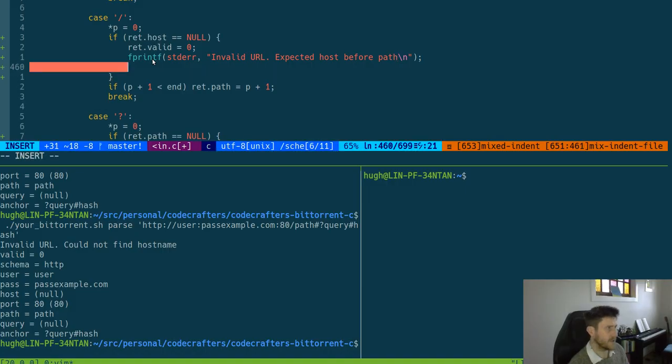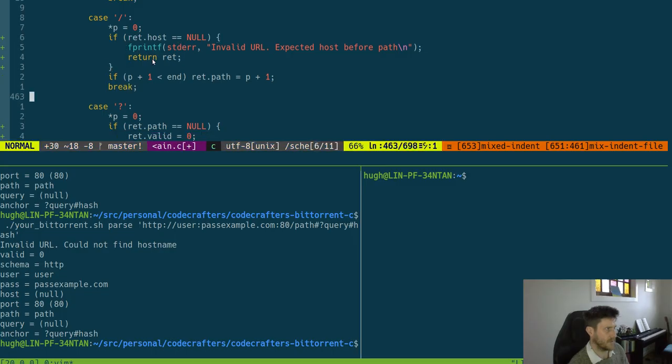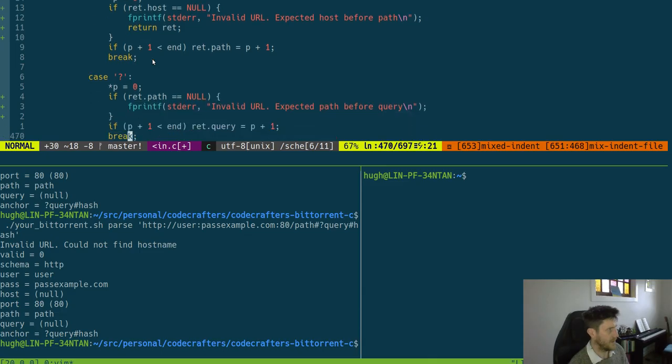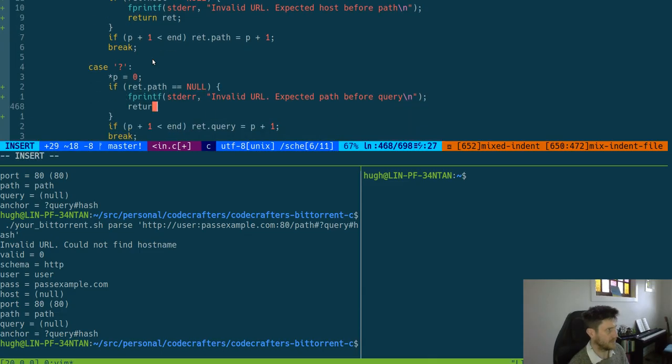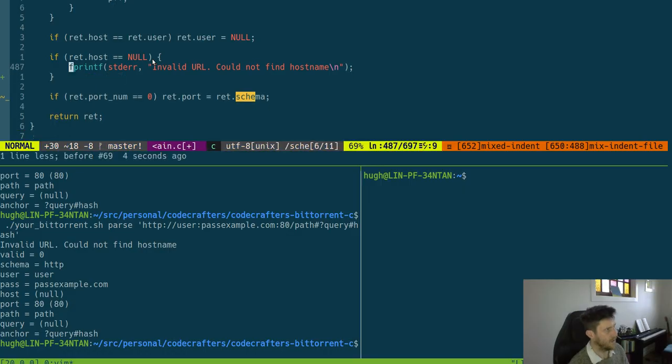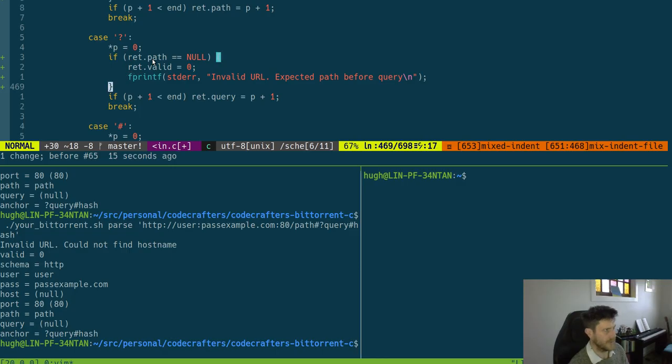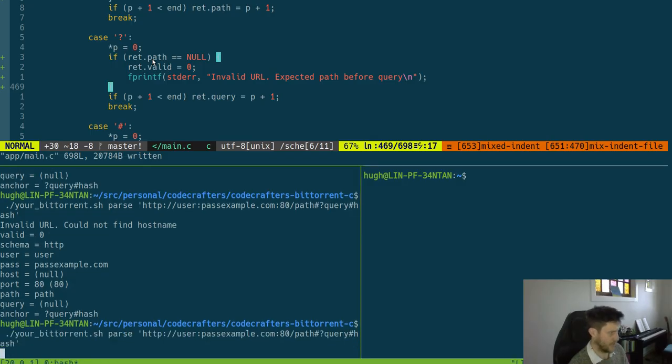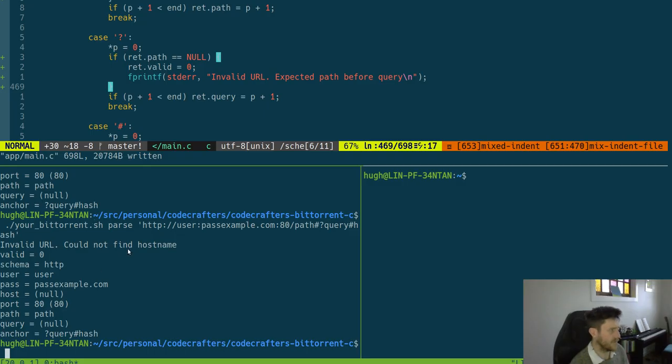And potentially we should just return rep here, and instead of doing this, no, I will do it because it's useful to see other places that might be failing. Right, so expected path before query, and so now it should be, can't find host name, but